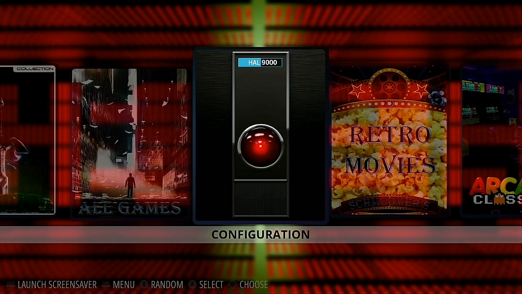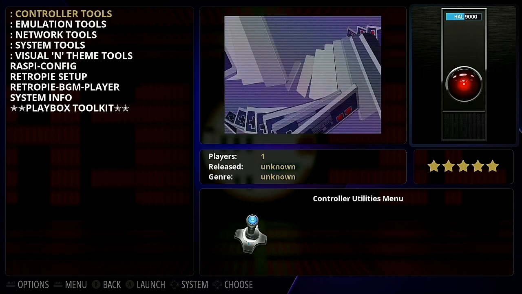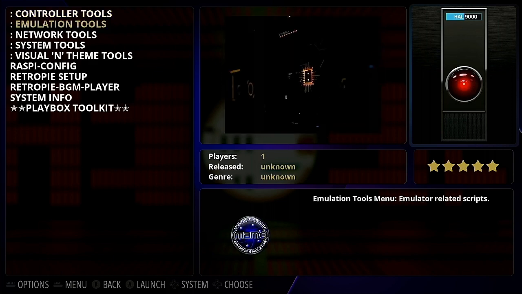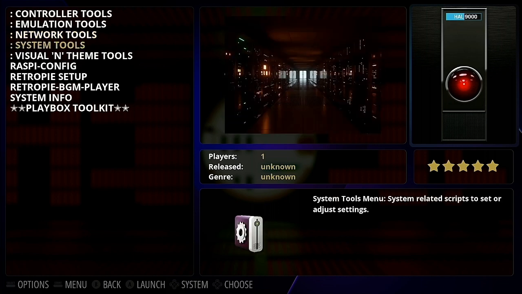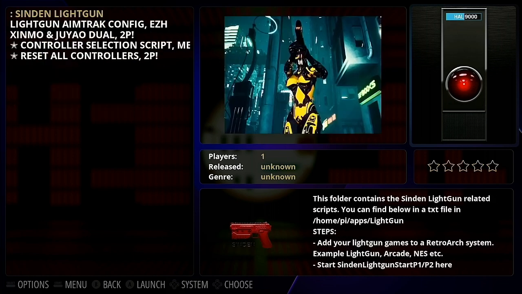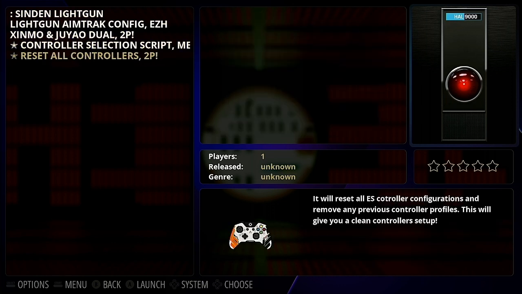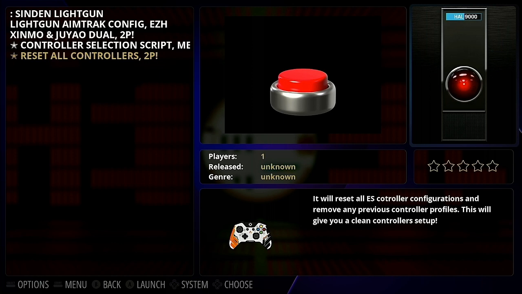Okay, so once you do this, you go boop right here. Now you'll notice that everything here on this menu that has a colon in front of it is a menu. Okay, so when you go here, you got all these options here. Okay, so you'll find your way through this. Don't ever push the big button. Anyways,